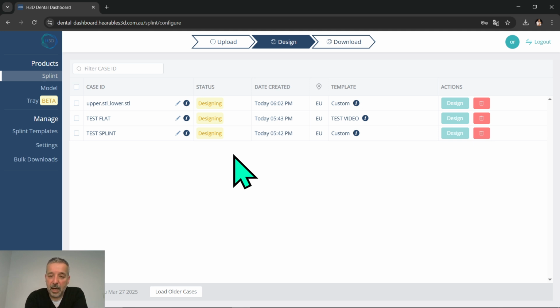When you define the template, you are sure every time the splint is the same, obviously different mounts, different design, but same quality, same thickness, same retention, and everything,